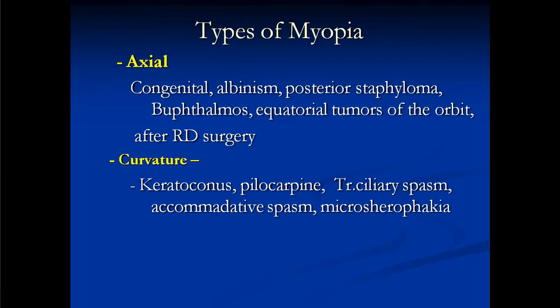Then we have curvature etiology, wherein the curvature is more. That is in keratoconus or in ciliary spasm or accommodative spasm, and